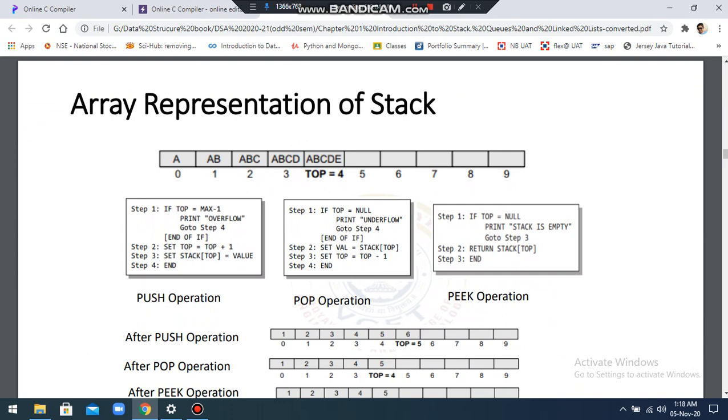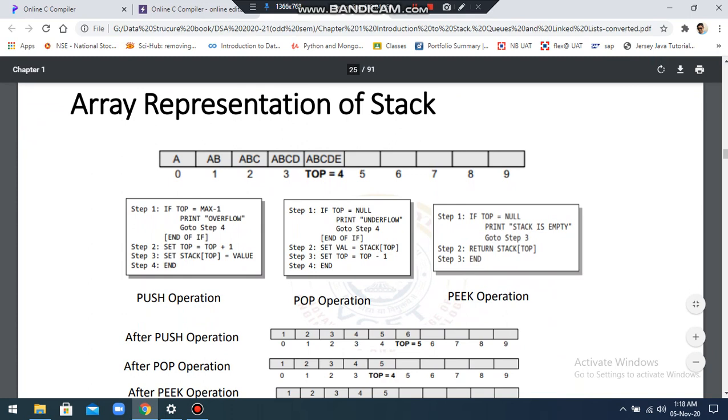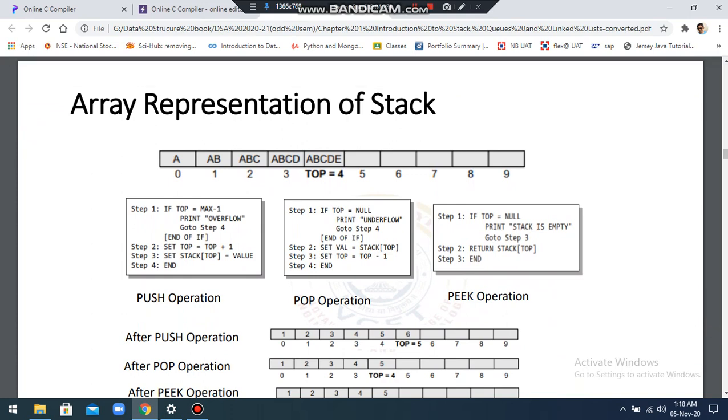So if the size of the array provided over here is 10, you can consider an array of 10 elements. So your indices will always start from 0 to 9. Now if your top is pointing here and you try to insert an element into this particular array, you cannot. That is why we talk about the overflow condition.